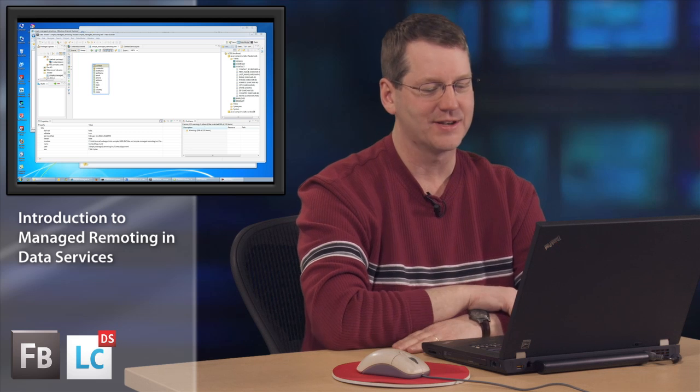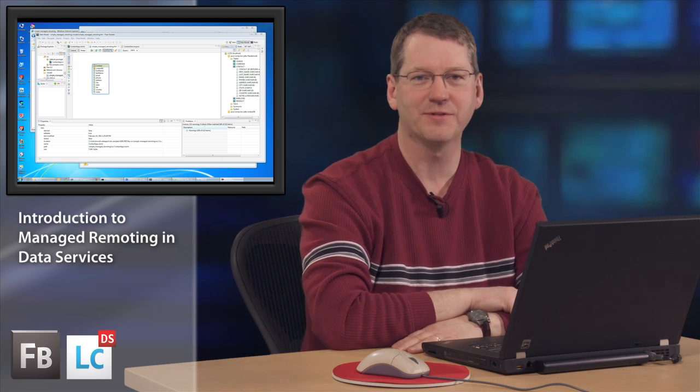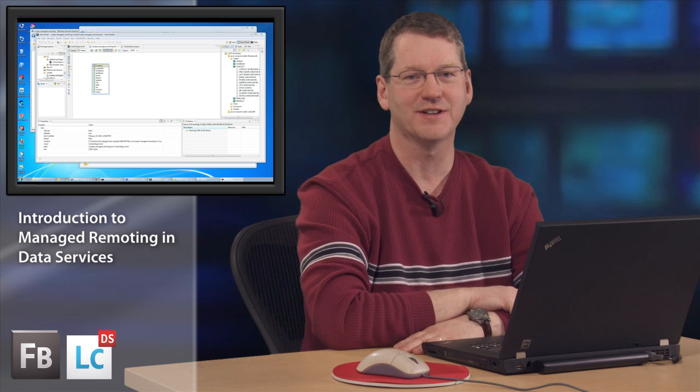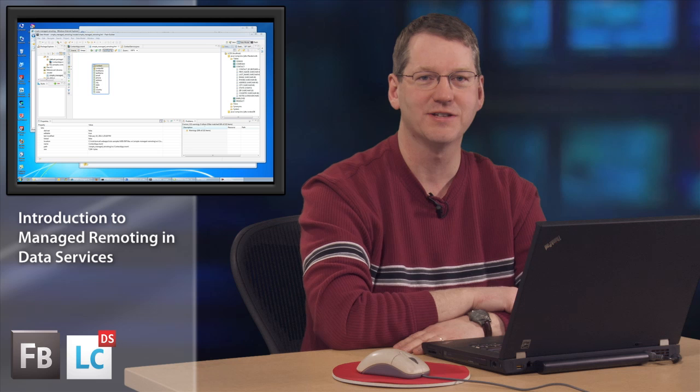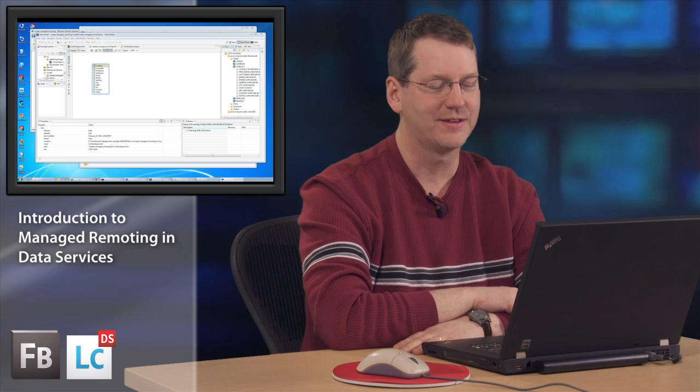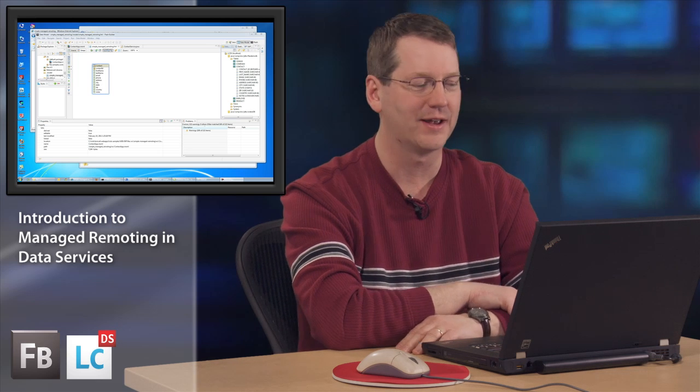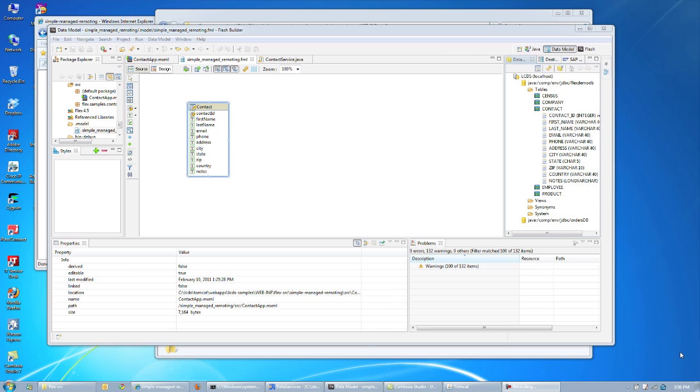Managed remoting is a conglomeration of RemoteObject, which is the RPC style of services that data services has done with Flex applications for a while now, and data management, which is another way of doing high performance management of data on your Flex applications. So let's take a look here at a simple data management application that we have to